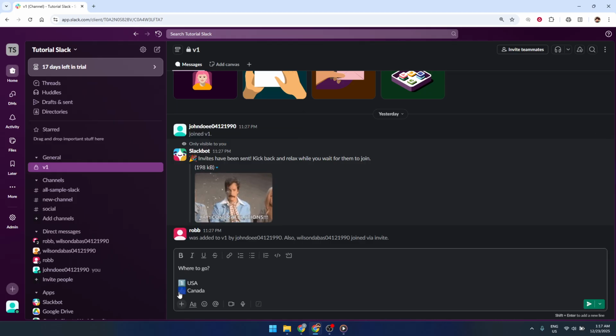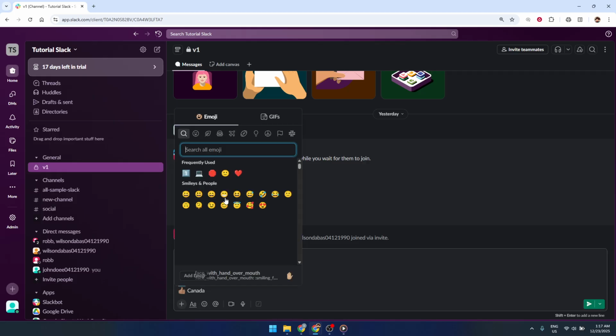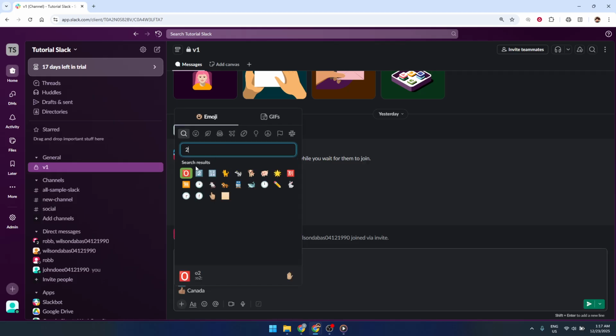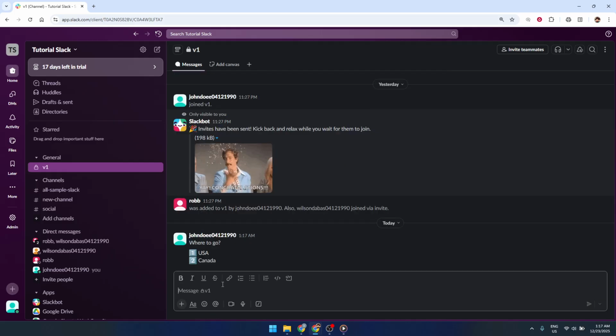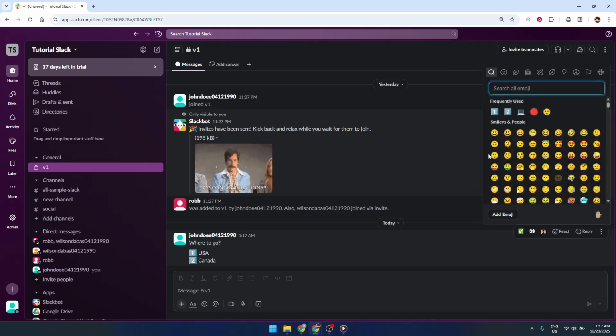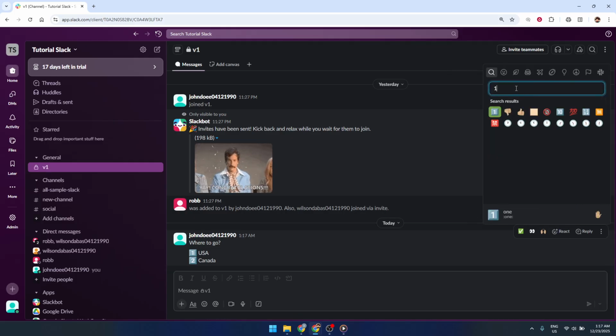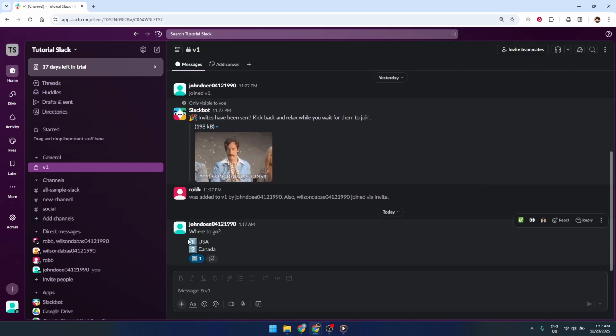To vote, they simply hover over the message, click the Add Reaction icon, and choose the emoji that matches their preferred option. Each reaction counts as a vote. As votes come in, you'll see the totals automatically update beside each emoji. You can quickly scan the reactions to see which option is leading and how many people have participated. This makes it a fast, lightweight way to collect opinions and make decisions without